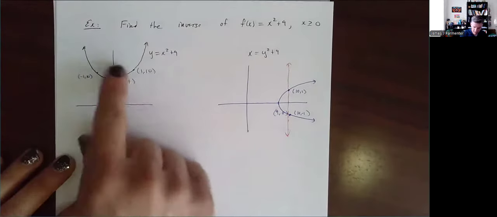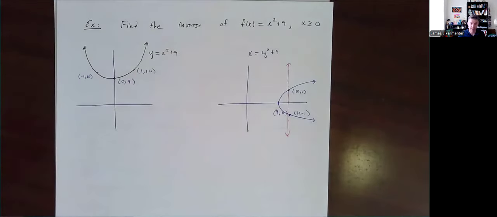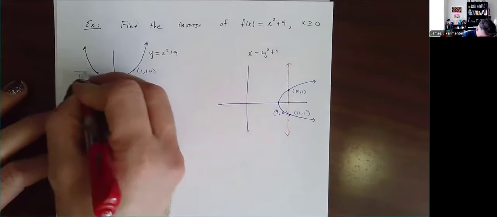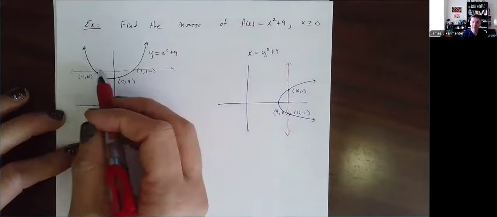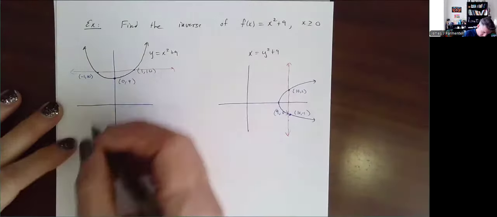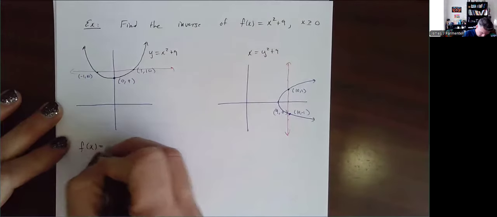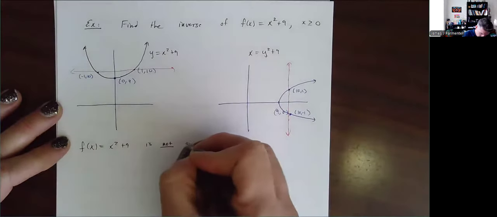So this original function, which is a function, the reason it's not invertible is because it fails the horizontal line test, which is the same as the vertical line test except with a horizontal line. So if you can draw a horizontal line through more than one point, it's not invertible. It's still a function, not invertible. But we'd say that this function, f of x equal to x squared plus 9, is not 1-to-1,